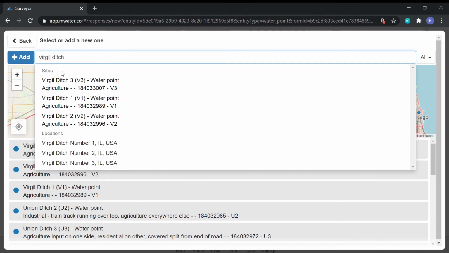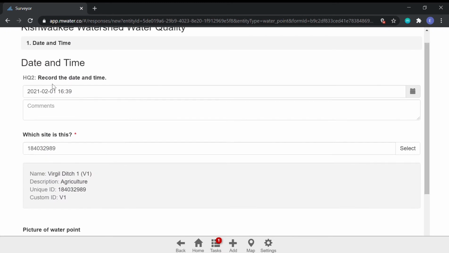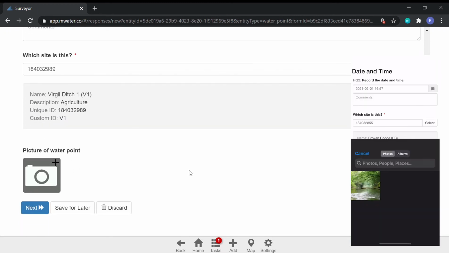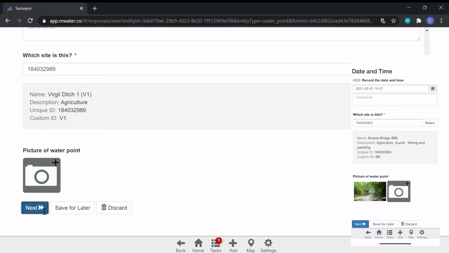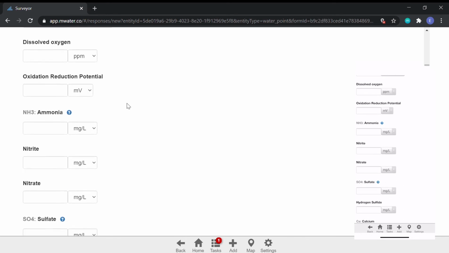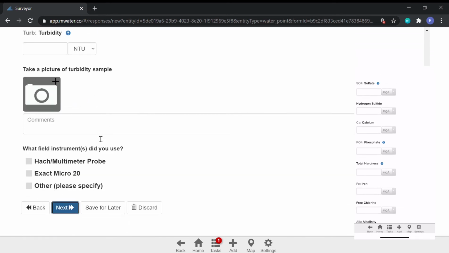Sites specifically allow mWater and its users to track data about that site over a period of time versus just the address or the location of it. And then the date and time will be filled out for you automatically. You can take a picture of the water point and then you can click next. This is the second page and you can fill out all this information. You can skip to the next page if you want